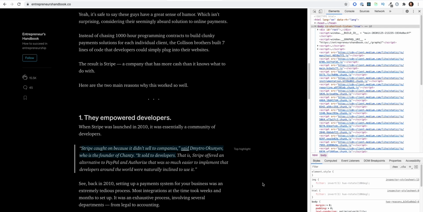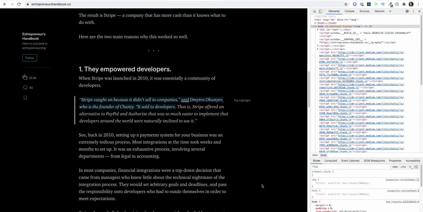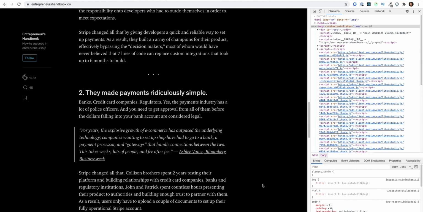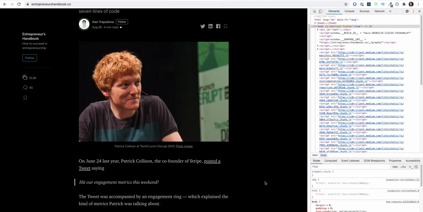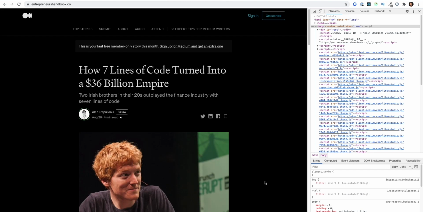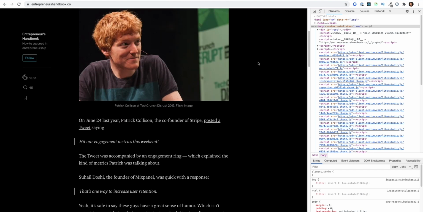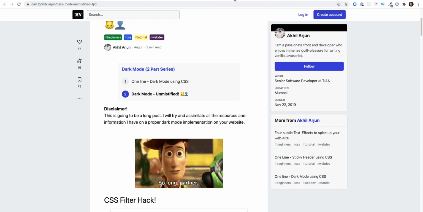And this will apply to any blog or any article. Basically anywhere there is text that you want in dark mode, you can easily use this technique, and it's ready made, right? You don't have to do much, and you don't have to worry about different components. And if it's your own website, then it will be even easier for you to just have a button to switch the CSS styles, and toggle dark mode. You will turn on these styles or turn off these styles using that JavaScript, right? Very easy to implement.